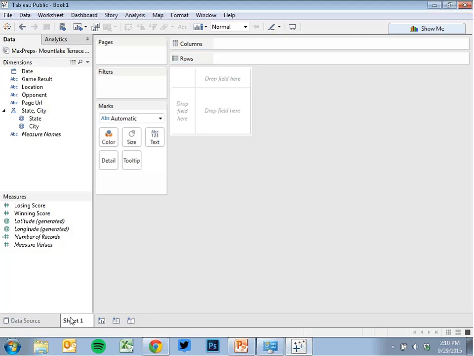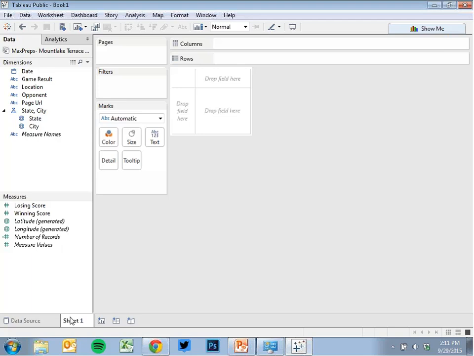So first, let's make a sheet, and let's talk about what all the data is and why it's where it is. So Tableau divides your data into 2 places, dimensions and measures. Dimensions are qualitative data or things that are just labeled. So it's not anything that's actual numbers, whereas measures are things that are numbers that we're going to do math on. So if you're going to do a sum or an average or something like that, it's going to be in measures. If you're not going to do math on it, then it's a dimension. So that's why it's divided up that way.